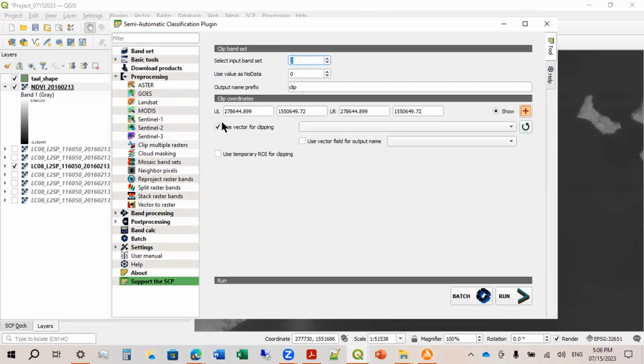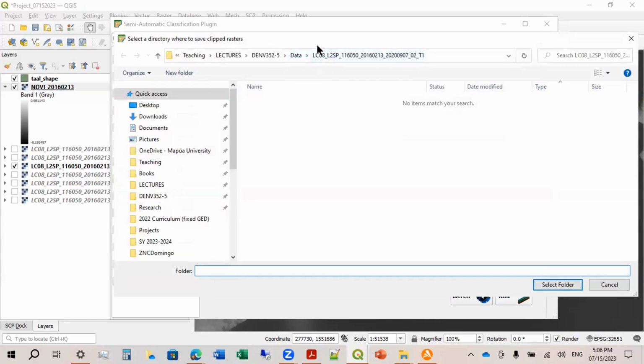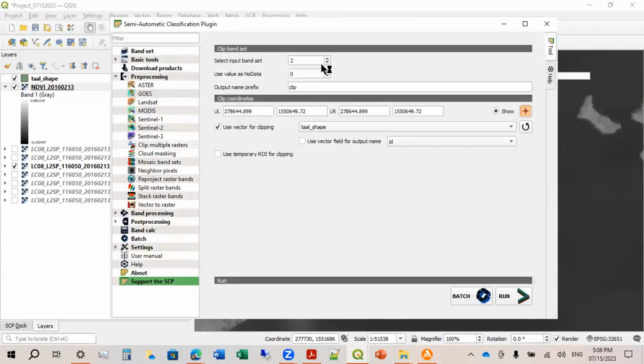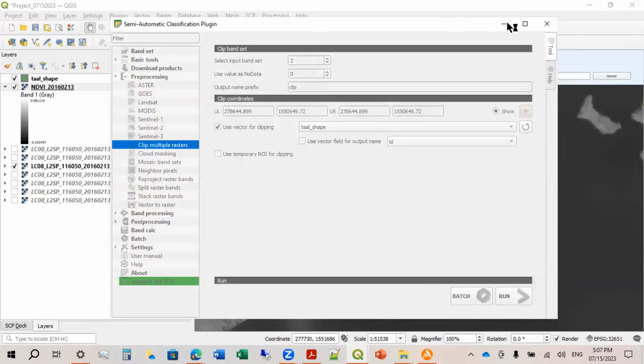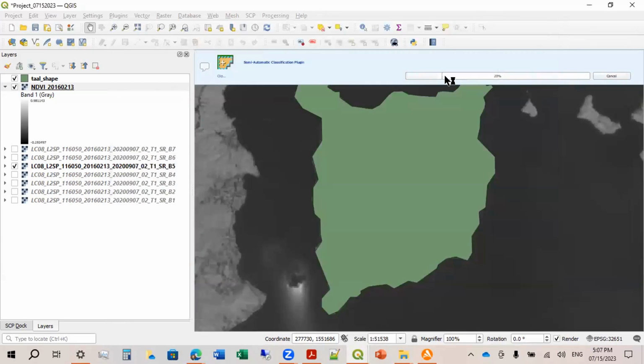Okay, and then click use vector for clipping, and then click refresh. Then you will see there's a Taal shape here. Then click run. Then just choose where you want to save that layer. So let's say this folder. And then we just wait for it to finish.